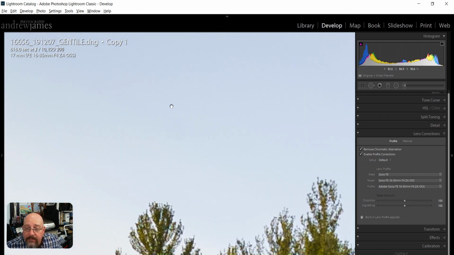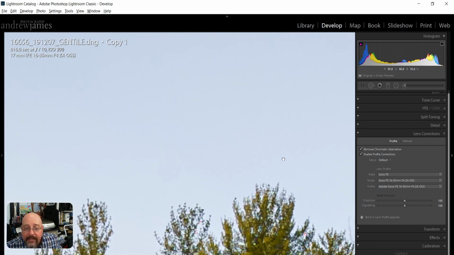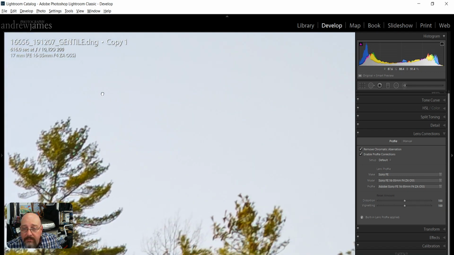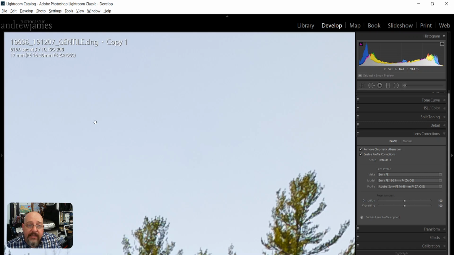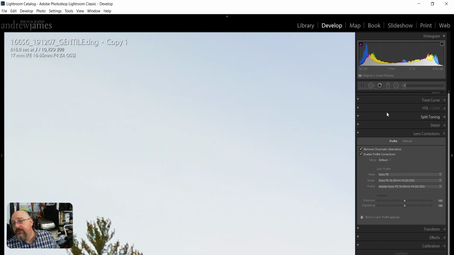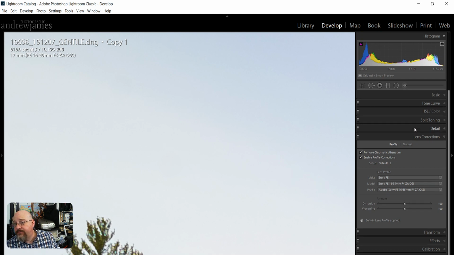I'm looking for any particles of dust that might have been on the sensor at the time I took the image. But as you can see here in the image itself, you cannot see any. So what I'm going to do now is I'm going to go to